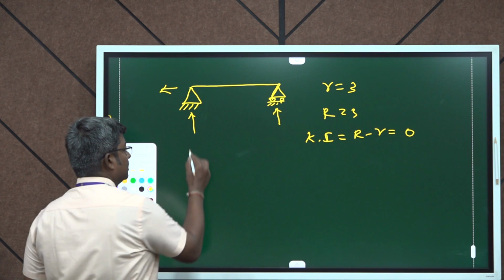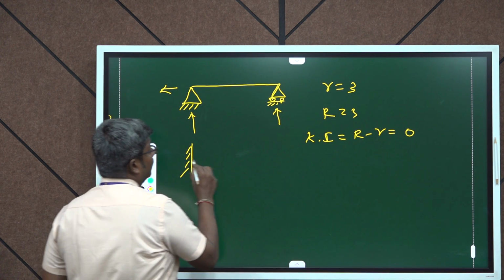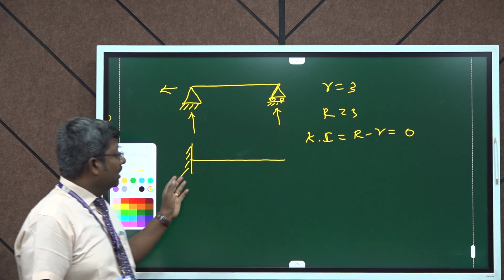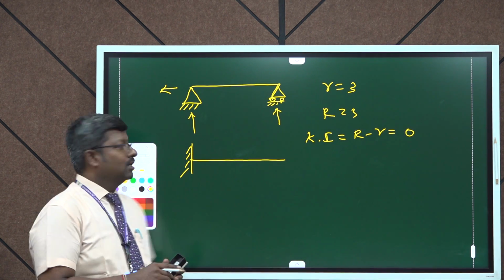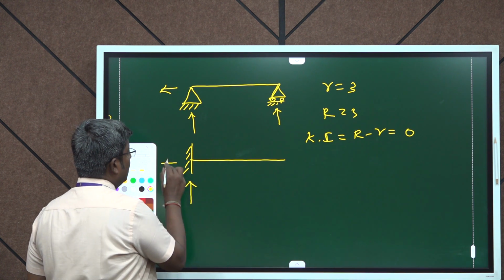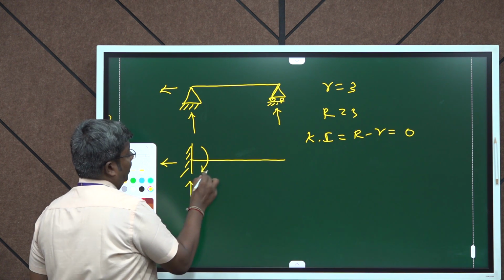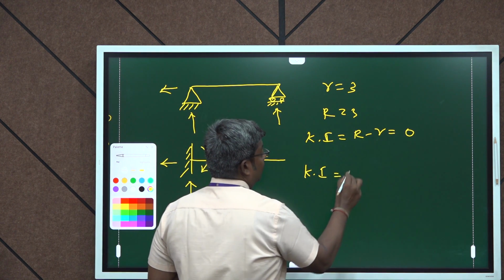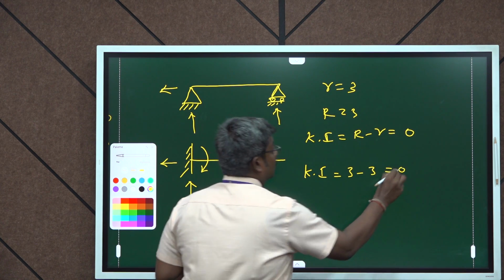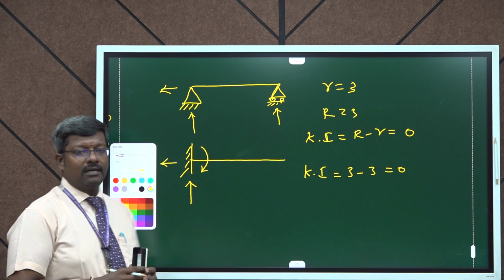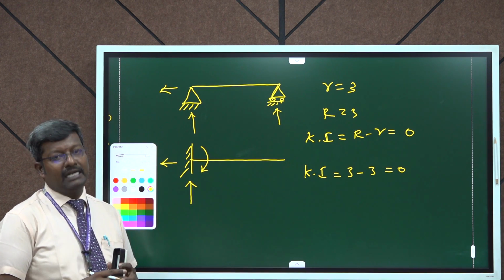The second one is the cantilever beam. A cantilever beam has a fixed support at one end and no support at the other end. As we know, a fixed support has 3 reactions: vertical, horizontal and moment. So, the indeterminacy will be 3 minus 3, 0. So, we can solve this problem by using 3 equilibrium equations, so this beam is called a determinate beam.